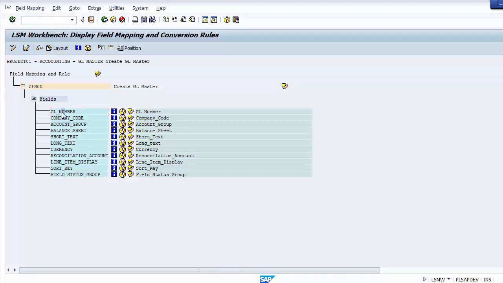All fields of all target structures which we have just selected in the previous step will be displayed over here. As you can see, the different fields have been displayed to you, which we have just defined in the table. For each target field, the following information is displayed on your screen. One is the field description, and over here a number of different things. One is termed your field documentation, another is your